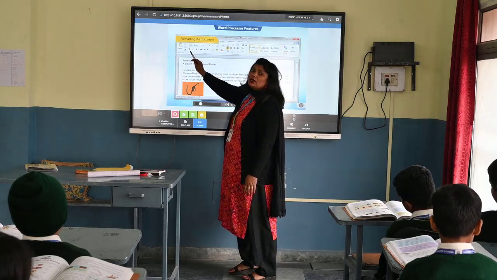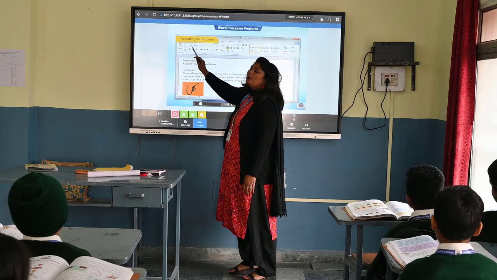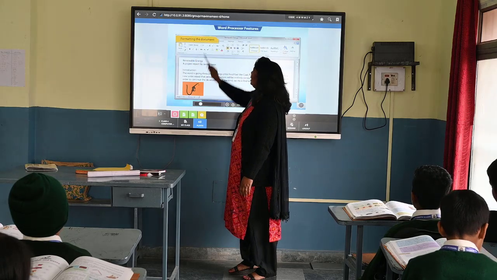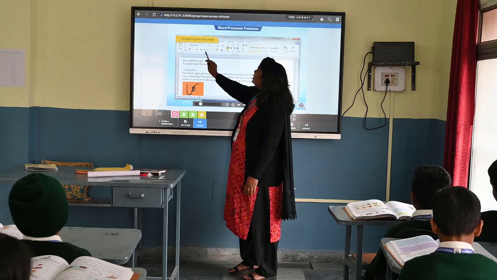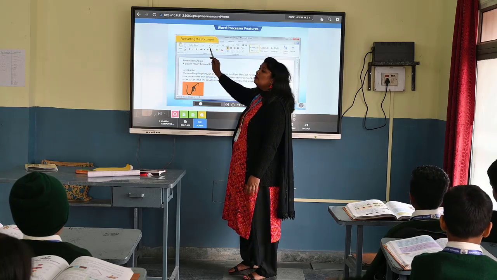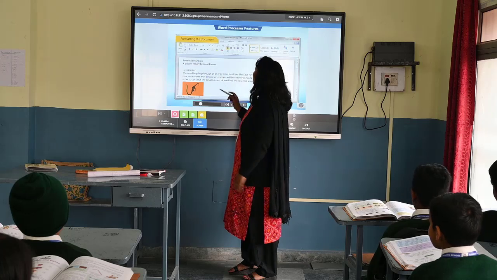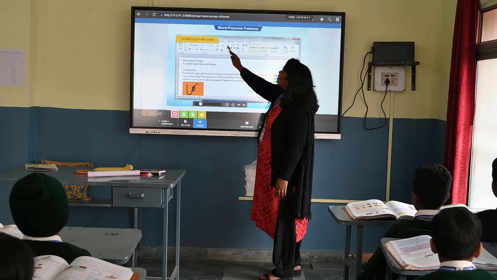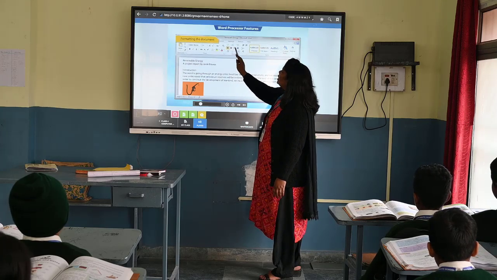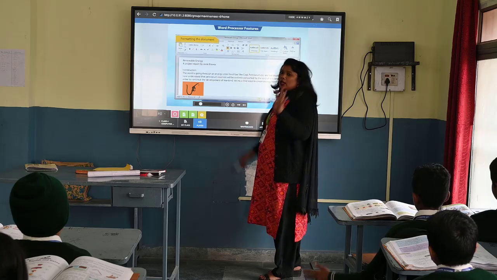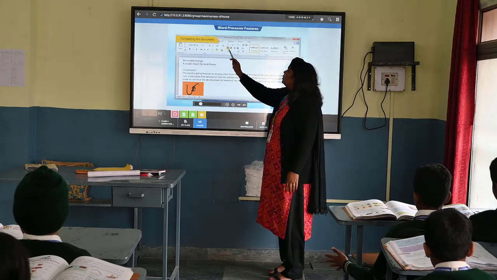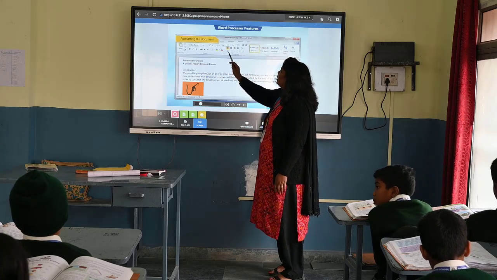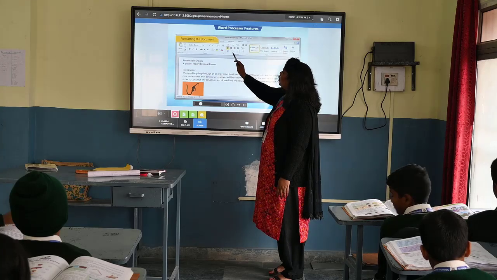This is bold. This is the color of the font. Okay, now here comes the numbering systems. These are the alignments. If you remember, there are 4 types of alignments: left, right, center, and justified. Remember, this is the fill color, and this one is the border.